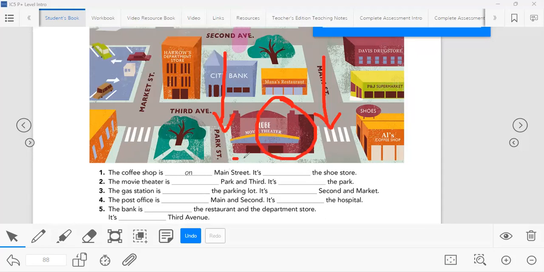You see? Porque está bastante grande, largo el movie theater. Entonces me abarca toda la cuadra, the block, right? So we can say between mentioning the streets, or I can say between mentioning places. But the point is that when I use between, it's because it's in the middle of two. ¿Ok? No importa en medio de qué, si de otros lugares o de calles, but it has to be in the middle to use between.